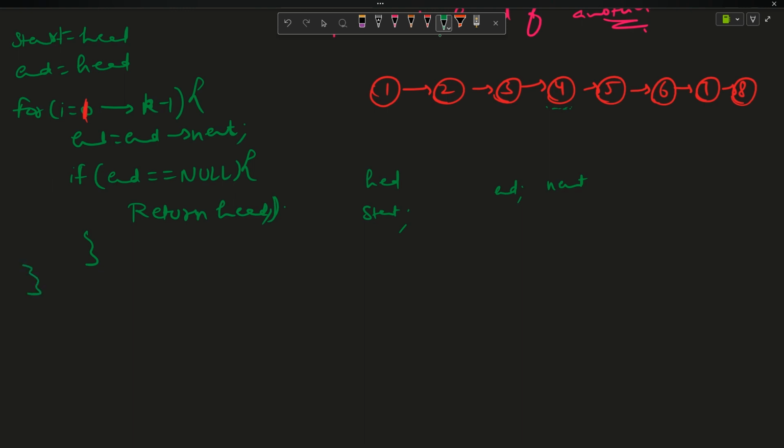After this for loop runs fine, I will say next equals to end's next, right? And after that, end's next equals to null. End's next equals to null, that is break up this connection. No problem, break up. Now my next is already pointing here, so I will say after this, if I reverse it,